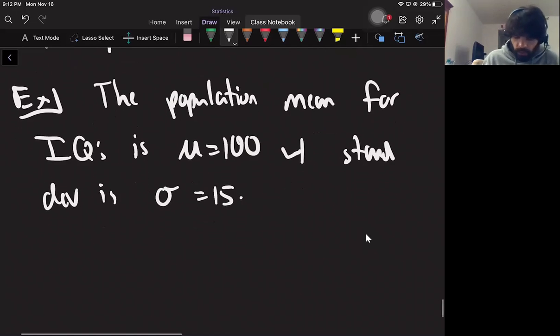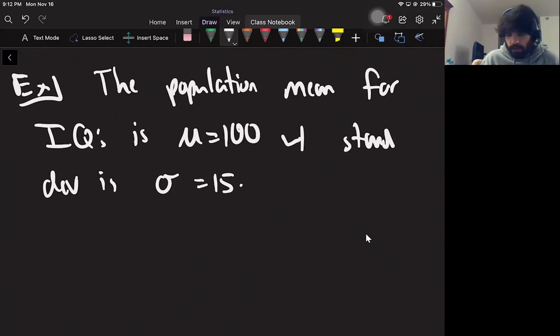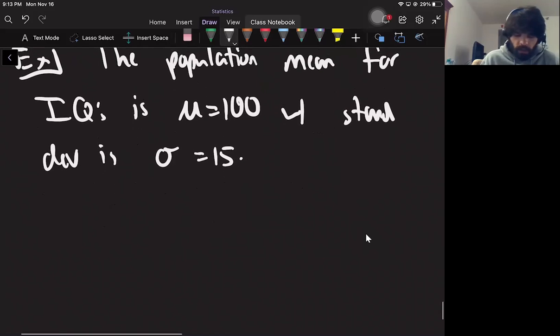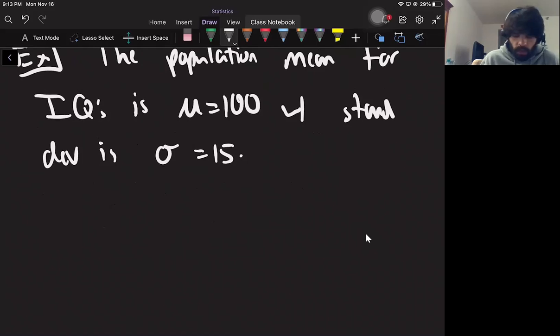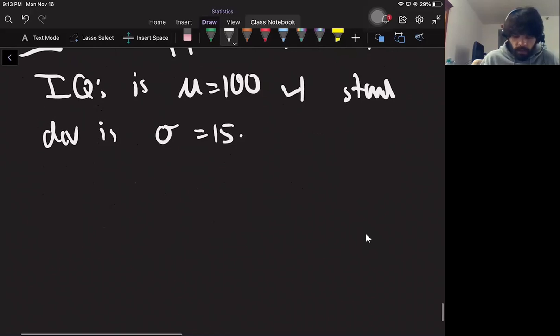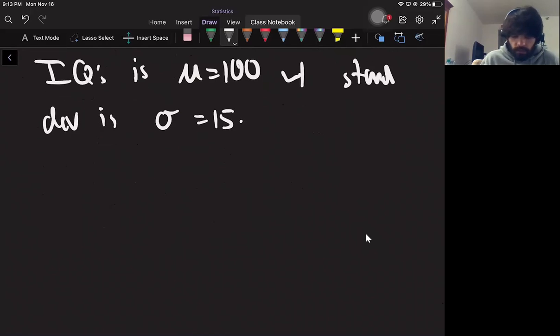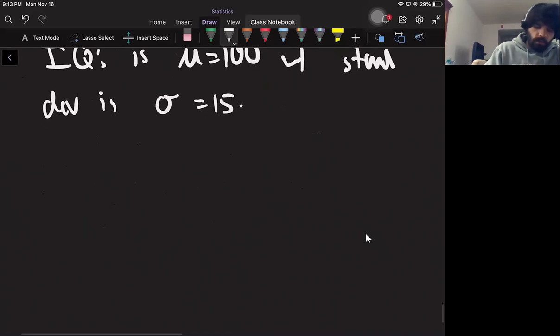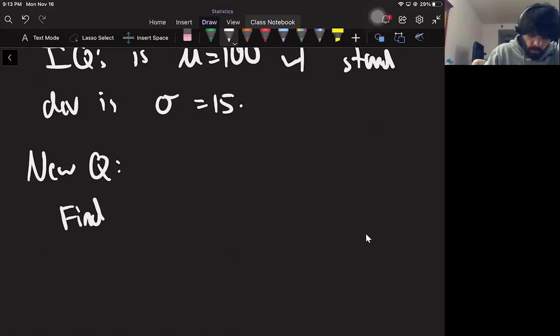So what did we do before? Before we would say, what's the probability that if I just pick some random person, their IQ is say above 110 or something like that. So we're always asking about what are the chances that one person is somewhere on this distribution, is above this or below this or between these two things. But now a new question is asking something like this. Find the probability